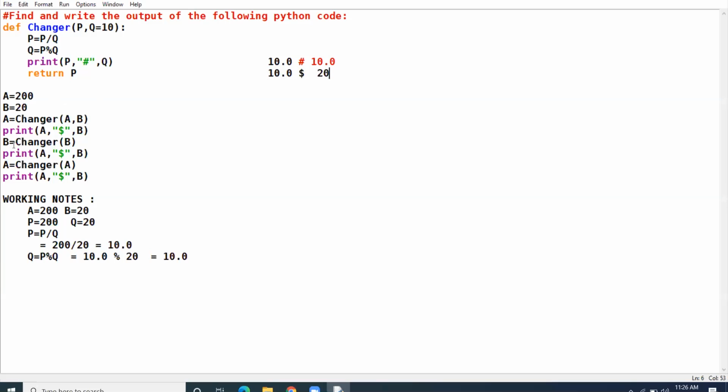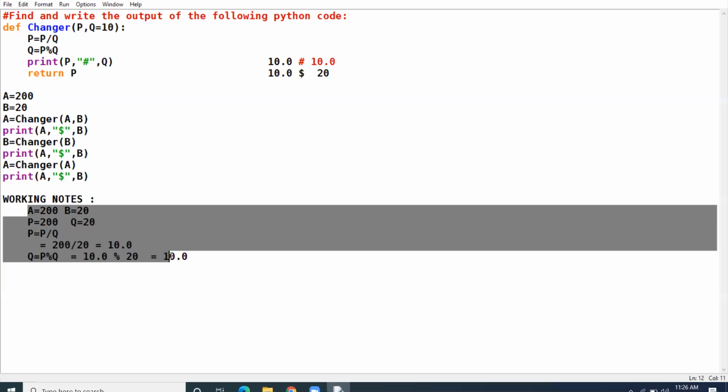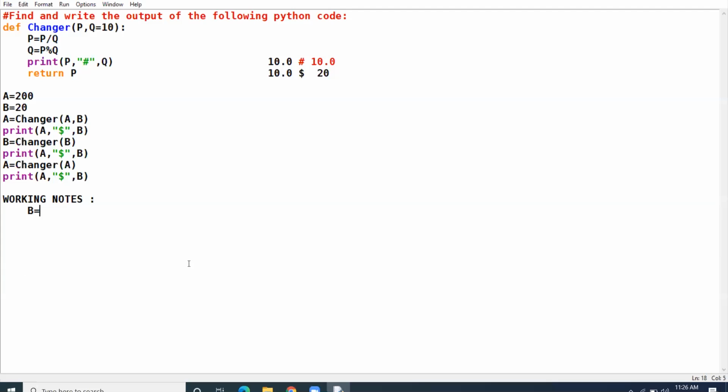Moving to the next step, I have called the changer function again, but this time I have called with the value of B parameter only. B will take the value 20 and the same will be given to P. So P also becomes 20 and Q will take the default value 10. Why will Q take the value 10?